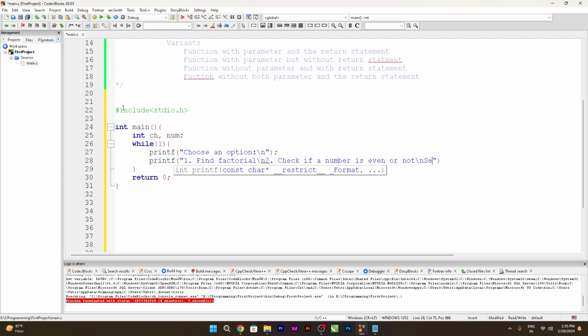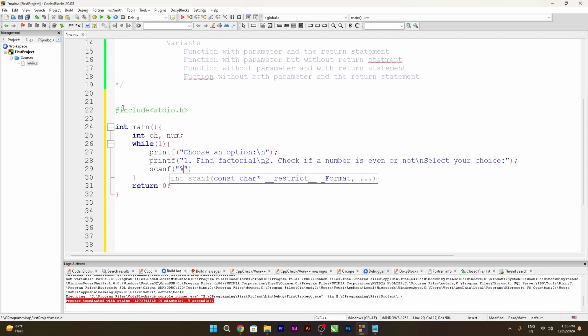Then "Select your choice:"; Then read the choice from the user: scanf("%d", &c);